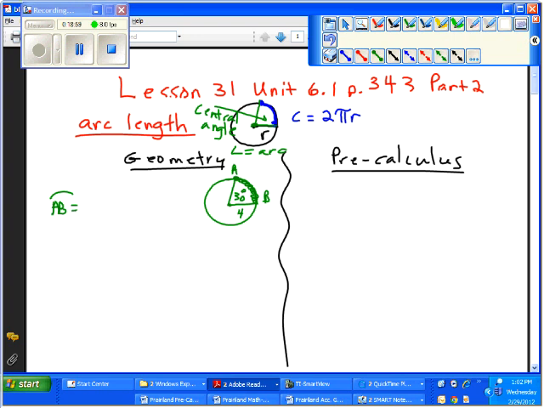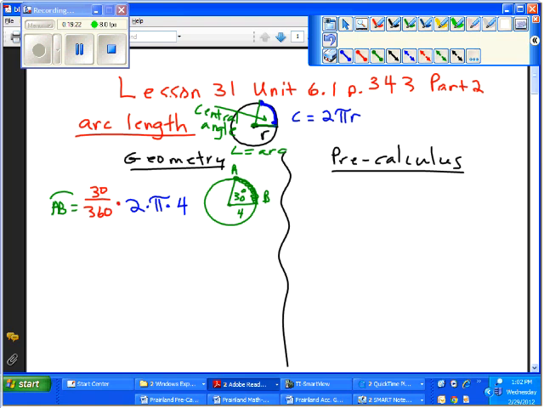Well, what's the formula for circumference? I'm leaving some space here. 2 times pi times radius. That gives us the whole circle. How much of the circle do we have? We have 30